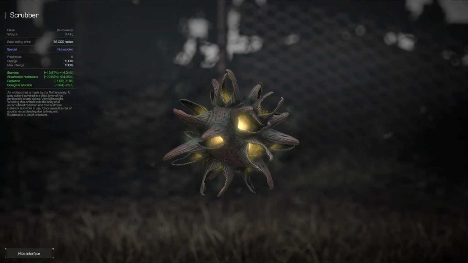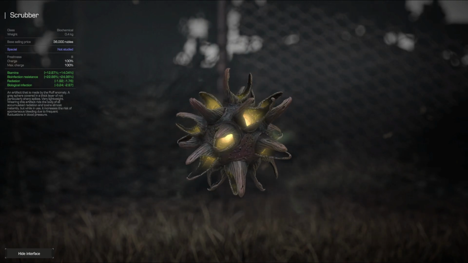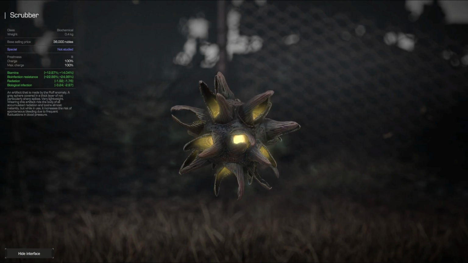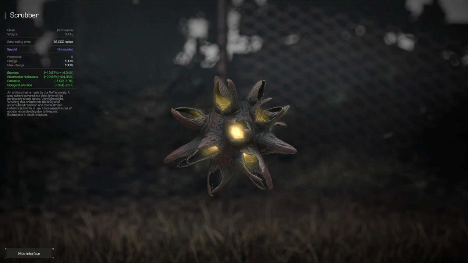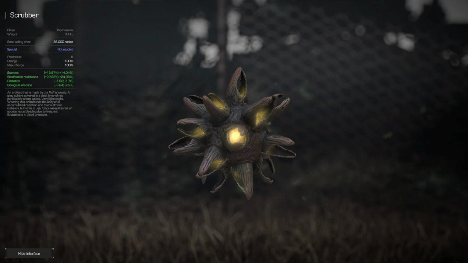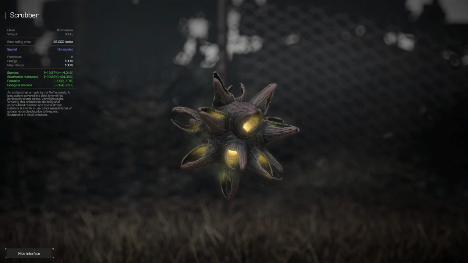And for our last artifact, we have the Scrubber. This one's pretty good despite it looking extremely ugly. It gives you stamina, bioinfection resistance, radiation, and biological infection, being pretty damn good to counter specific artifacts, and overall something you can get relatively cheap in comparison to some of the other ones. So if you need something to counter radiation or bio, by all means, go ahead and get yourself one of